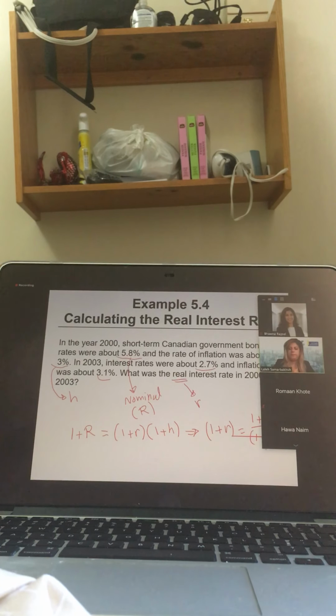Let's do that. You want to give me the answer for 2000? What is the answer for year 2000? That's correct, Joy. 2.7184%. Jessica and Nusha, that's correct. You round up to 2.72%. What's the answer for 2003? For 2003, that number is? That means you're going to take 2.7 and 3.1.